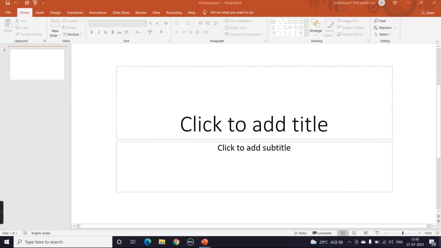This is the window of PowerPoint. PowerPoint is also a part of Microsoft Office. PowerPoint is used to create presentations. A presentation is a sequential collection of electronic slides, and these are slides in front of you where you write